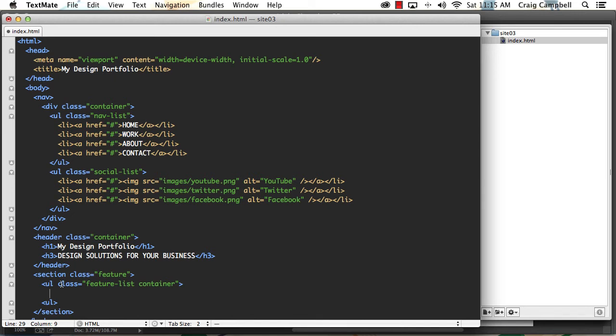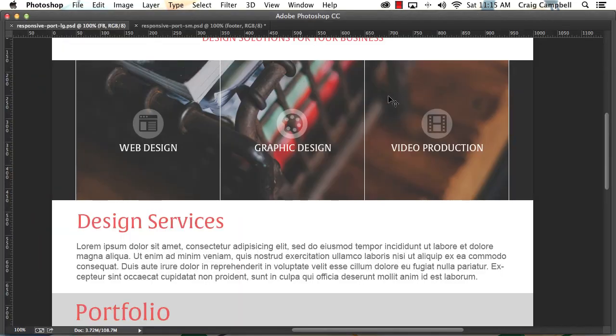And then inside that unordered list, if we go back to our Photoshop file, each one of these large blocks of content is going to be a different list item in that list. Now, it might not have initially occurred to you to make that a list, and certainly you could make these divs or other sections or something like that. I like to use this as a list just because it's kind of what this is. This is a list of our sections,